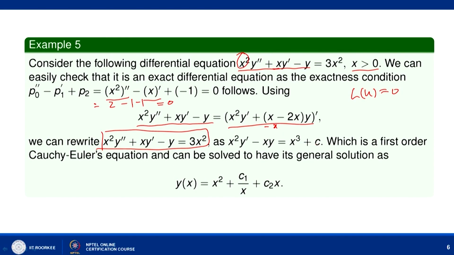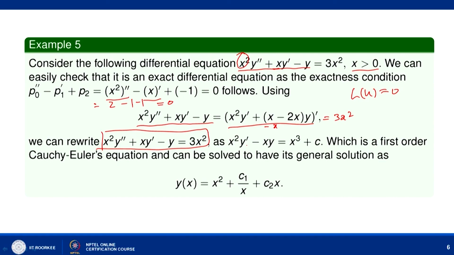c. Here we are using this because this is written as 3x square. Now integrating both sides you will get x square y dash minus xy equal to x cube plus c. Now we can say that this is a first order Cauchy-Euler equation, and we can solve it quite easily, and